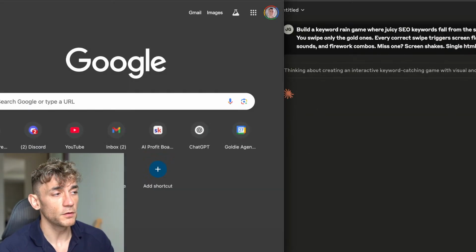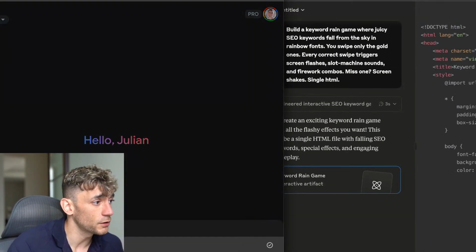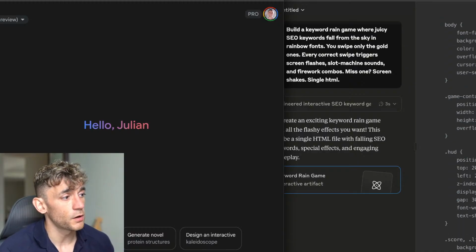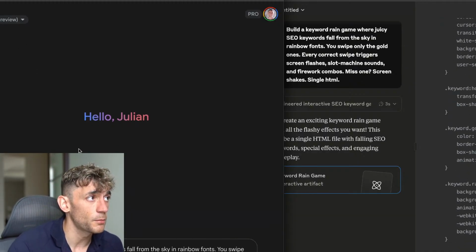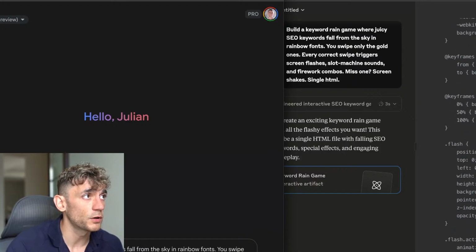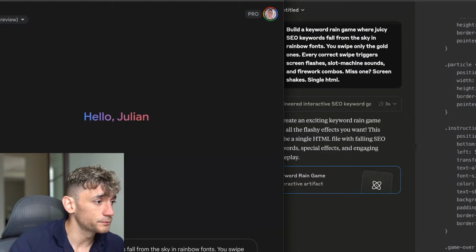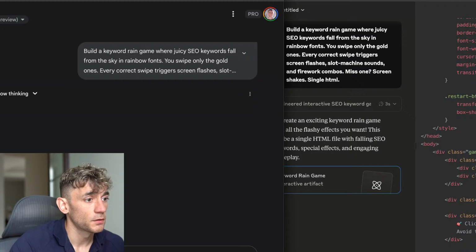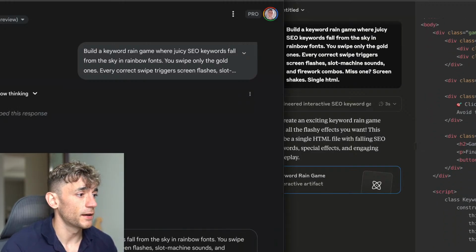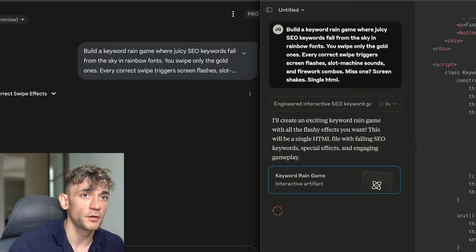Now, we could also use Gemini, and it'd be interesting to know whether you get better responses inside Gemini or inside AI Studio. Obviously, Gemini is paid. I'm on the advanced model. But if you want to use it for free, you can use it inside AI Studio. So let's roll with this. Actually, I just need to allow the canvas. There we go. You can see Claude 4 Sonnet is already coding away.